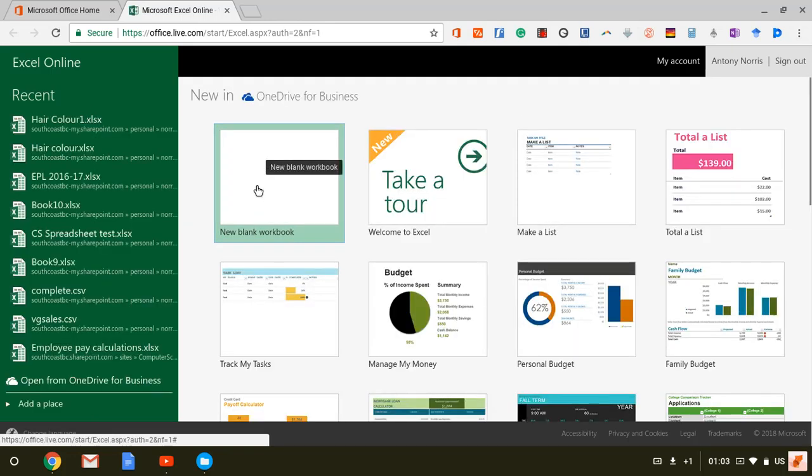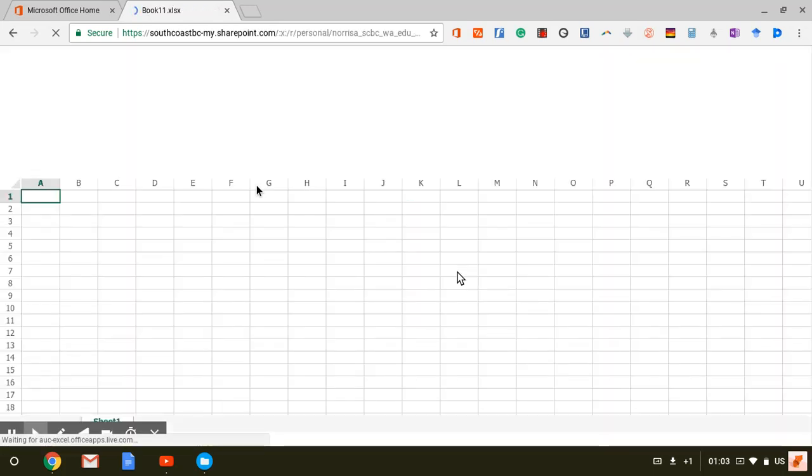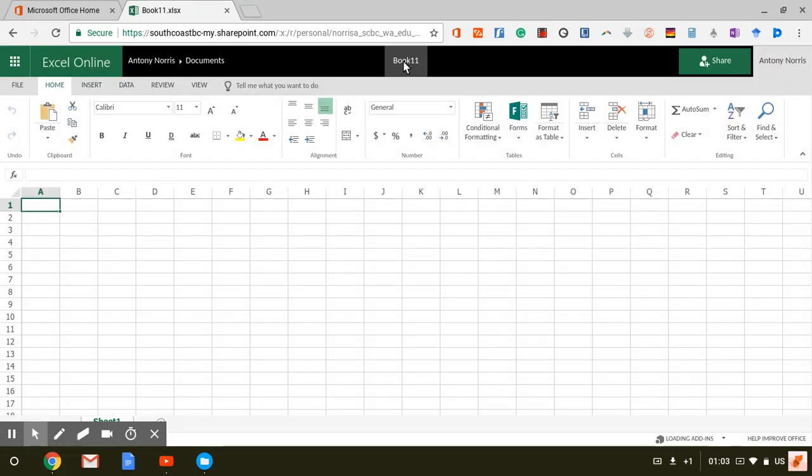and we're going to click on New Blank Workbook. Now you can use the online version or the desktop version, exactly the same thing applies and the same usage works. And when we open any Office document, such as Word, PowerPoint or Excel, we always click on the title and name it straight away, so we can organize our files. So we've got some similar tools that you're used to, the ribbon at the top, and then some different things